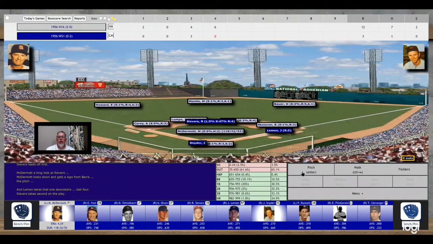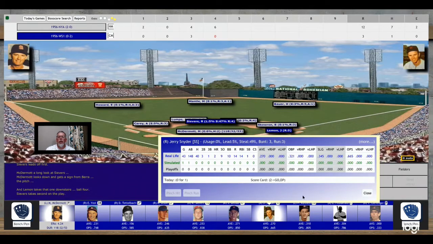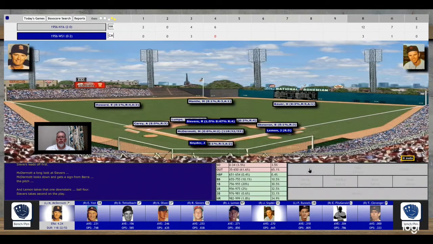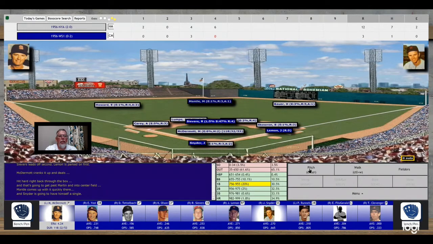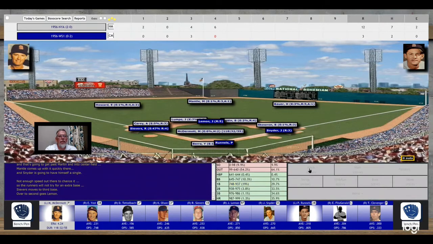And that'll bring up Snyder with runners on first and second. Snyder on the day, 0 for 1. McDermott toes the rubber, brings the pitch. Here's the roll for the swing. And McDermott cranks, deals. It's a hard hit right back to the box, and it's going to get past Martin and into center field. Snyder's going to have himself a single. Not enough speed on the bases for anybody to take a chance, so the runners will not try for any extra bases, but the bases are juiced